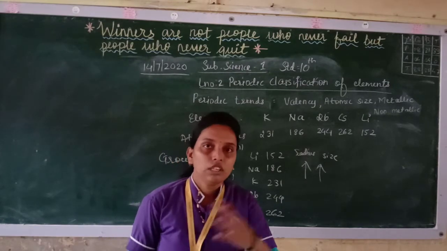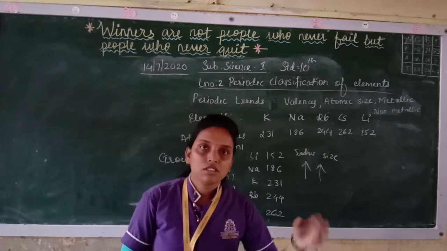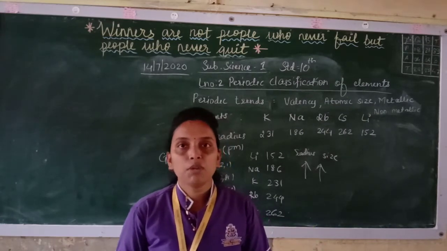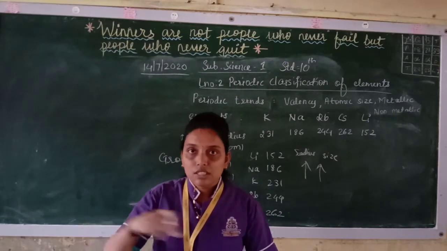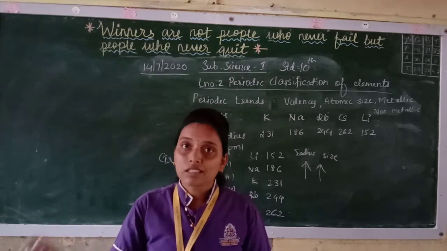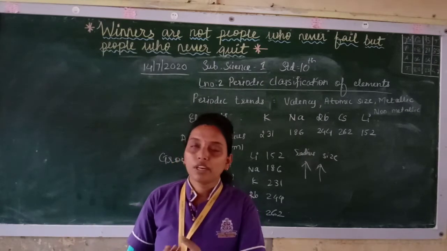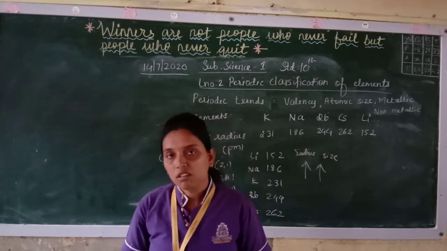Even if one electron is added, nuclear charge is getting added over there. So the nucleus is becoming more positively charged. But at the same time, the distance between them is increasing. So the distance is increasing, and that is why the size is increasing. The pull is weaker because the distance is becoming more, so the size goes on increasing.